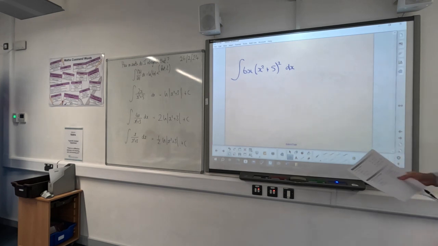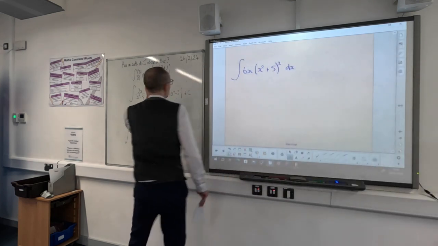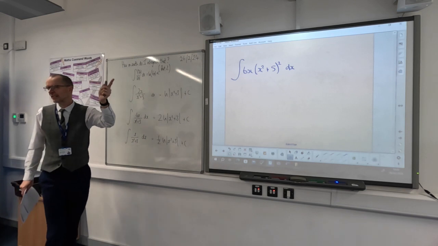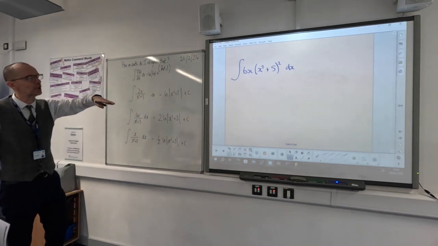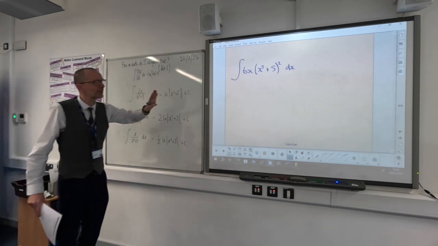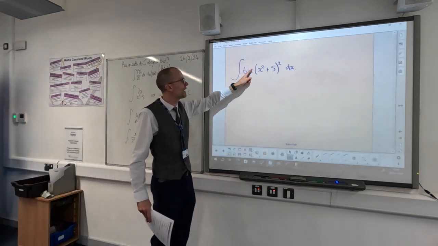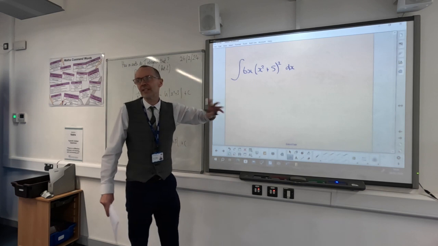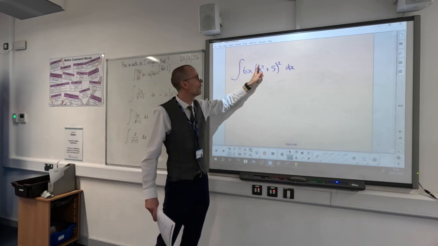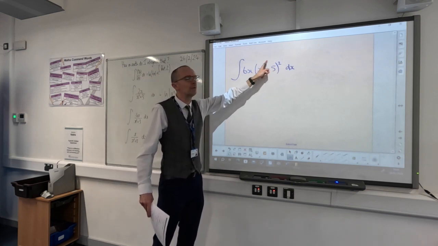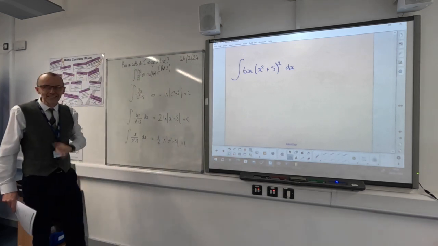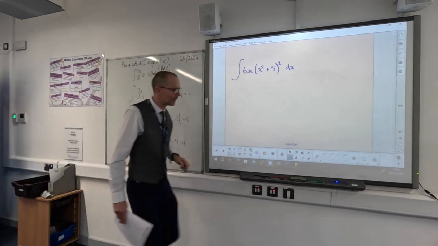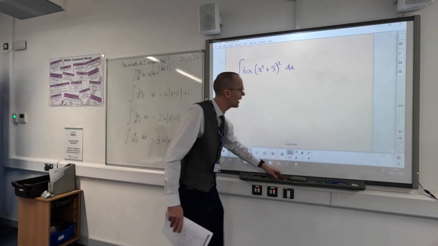Again, I look at that and I think, how on earth do I integrate that? Formula sheet hasn't helped me. It's not f dash of x over f of x, so it's not a log. But I can't help noticing that this 6x is not a million miles away from this differentiated, which would be 2x. It's a little bit fiddlier than the previous ones with logs, because what you've then got to think is,